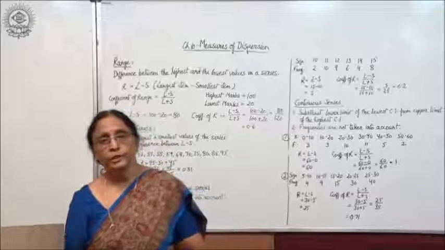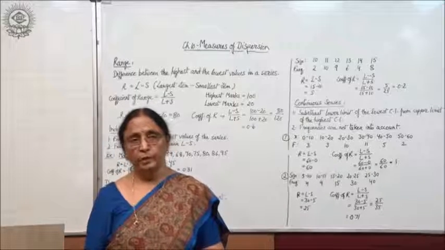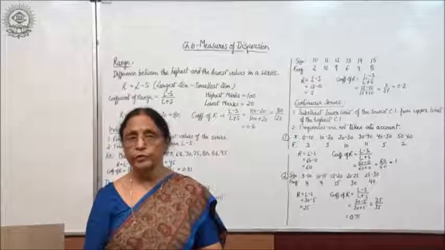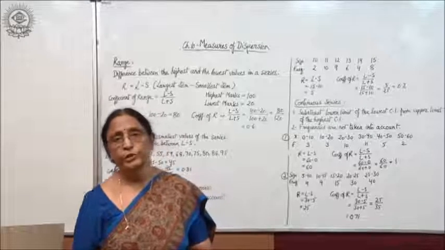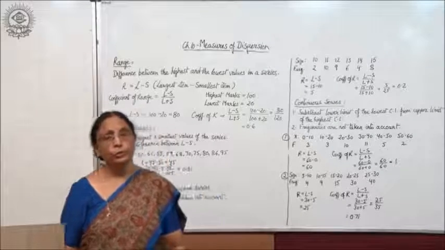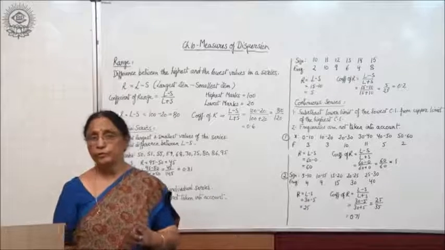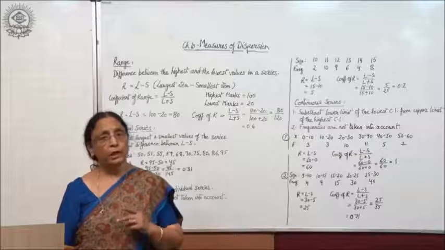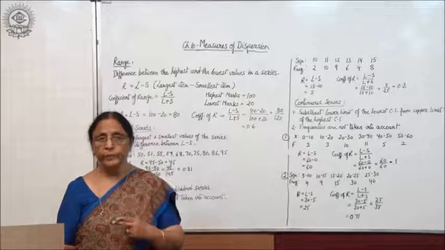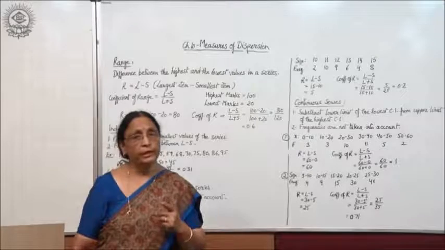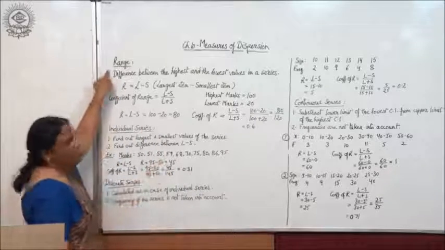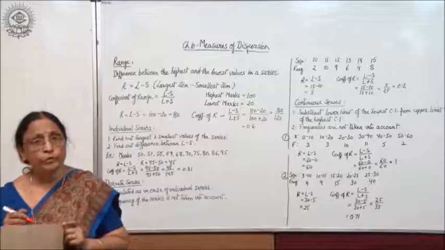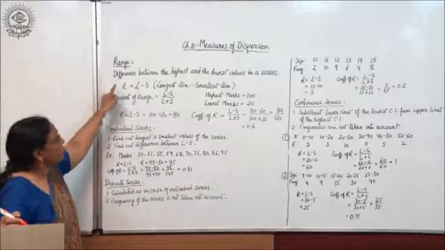I told you what is meant by measures of dispersion. I have given you an explanation of the objectives of finding out measures of dispersion and the importance of measures of dispersion, and I told you that there are two types of measures of dispersion. These are absolute measures and relative measures. Under absolute measures we have 5 types, and the first one is range. So, out of 5 types of absolute measures of dispersion, the first is range, which we will start here today.